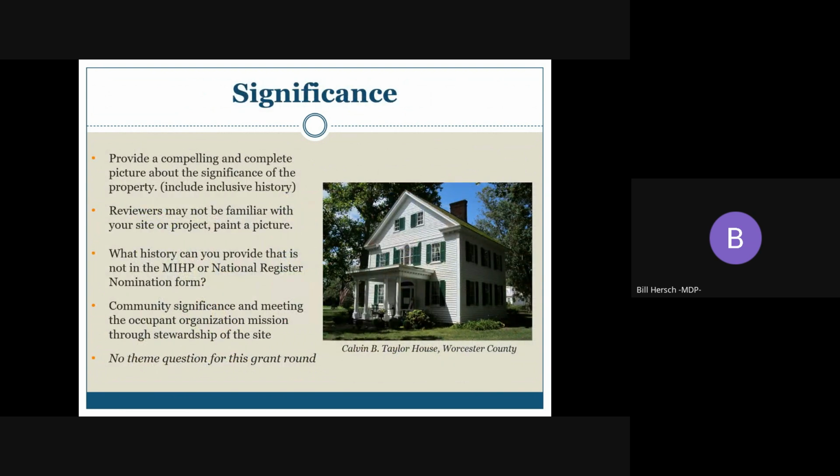Another heavily weighted section of the application is historical and cultural significance. Provide a brief yet compelling narrative about the overall and inclusive history of the project property. Assume grant reviewers are not familiar with your site and paint them a picture. It's not necessary to upload your site's MIHP form or enter a National Register nomination form, since they're already available